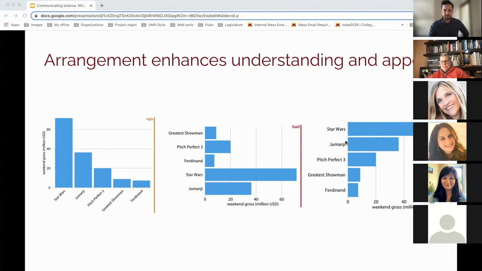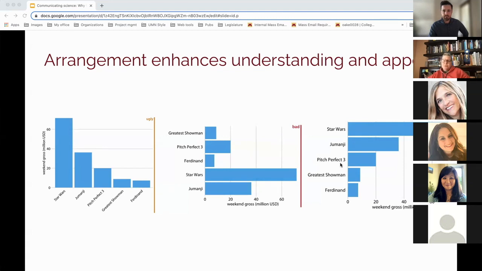In this instance, we see that the labels now are not slanted. They're more accessible and easier to read. However, we're not quite done with looking at the visual appeal of this chart, because as you can see, the bars are not in any particular order. Whereas if you look at the chart that is all the way over to the right side of the screen,